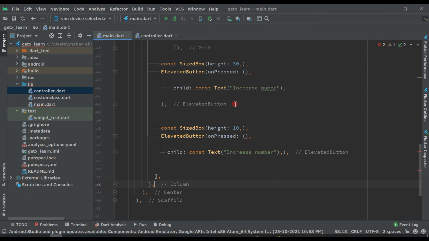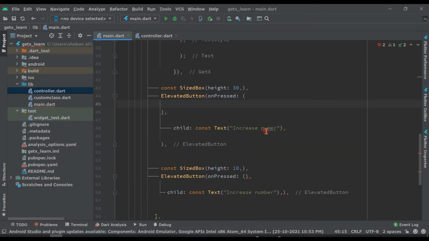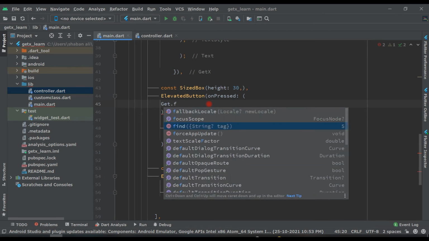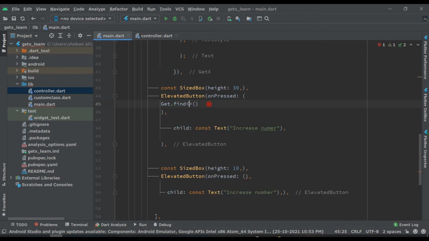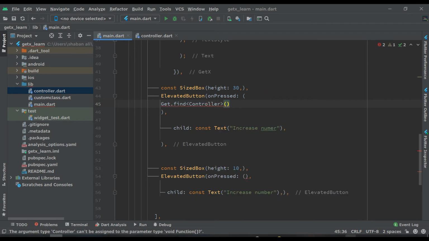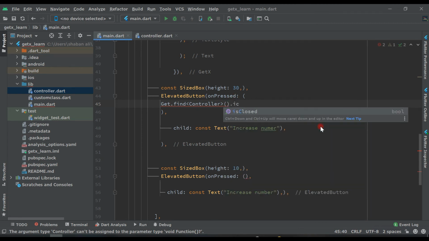Okay guys, now we have to pass here on press, so here we will say Get dot find, and here write controller, and here dot increment like this.